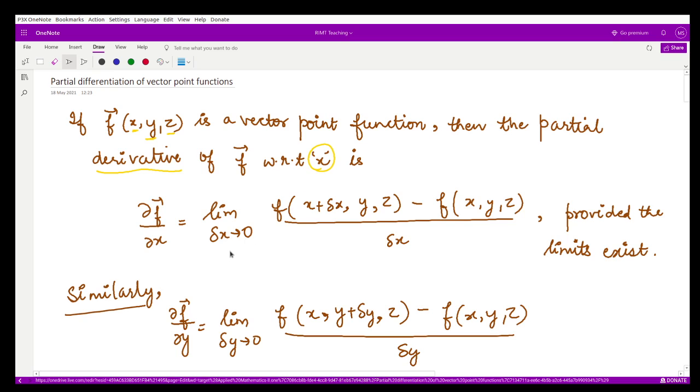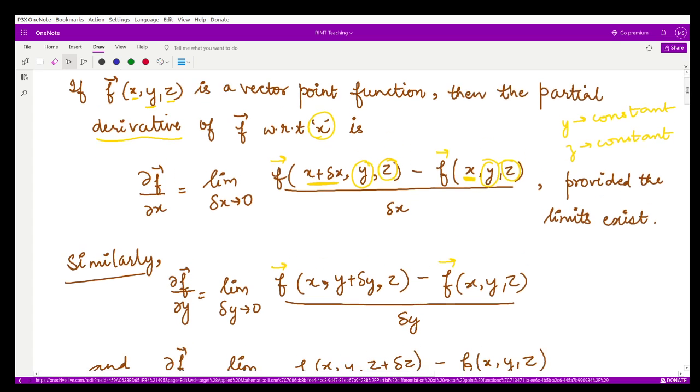According to the definition for this derivative, we will seek only the change in the x variable here, and we will keep the second variable y as such, the third variable z as such, right? There is no change in all of these. We treat y to be constant and the variable z also to be constant. So this defines the partial derivative of the vector f. Whenever you write a vector, you always write this arrow on top of it, right? So its partial derivative with respect to x is given by this definition.